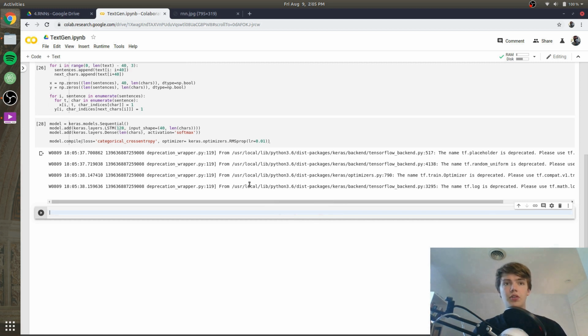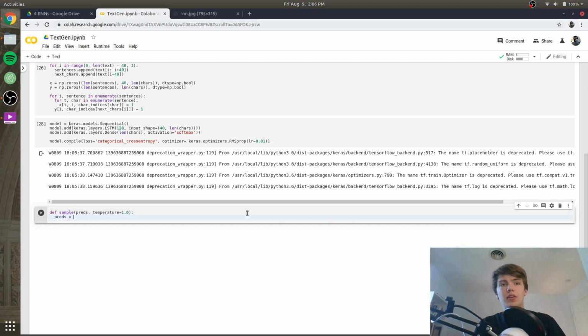Next, what we're going to do is create a function that's going to give us some sample text. So we're going to say def sample, and the parameters it's going to take in are preds, for predictions, and temperature, which is going to equal 1.0. And basically temperature is how much randomness is going to be in the model. So I use 1.0 because I feel like that's not so much randomness where it's going to output just completely garbage text, just gibberish, and not too little where it's just going to be straight up copying from the training set. So we'll do that, and we'll say preds is going to be equal to